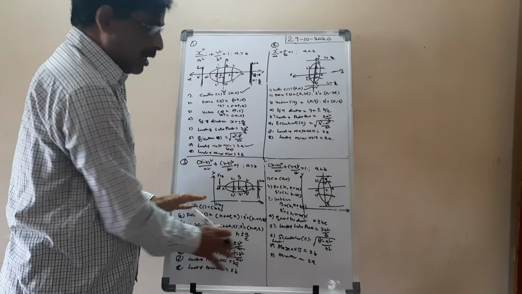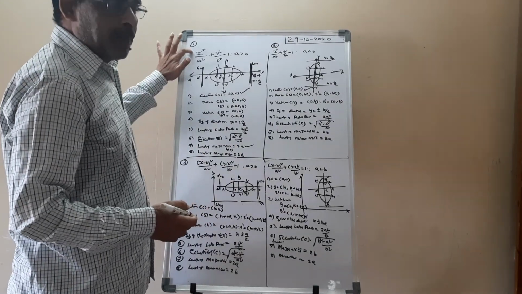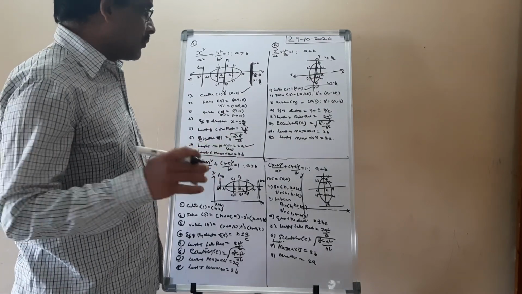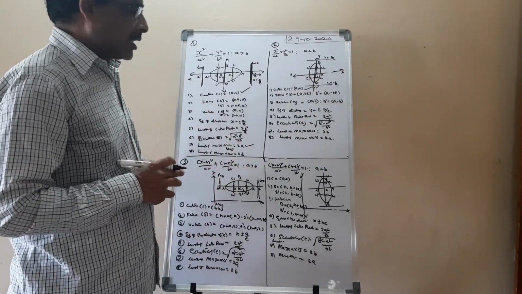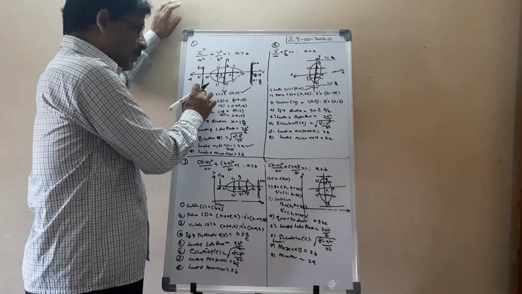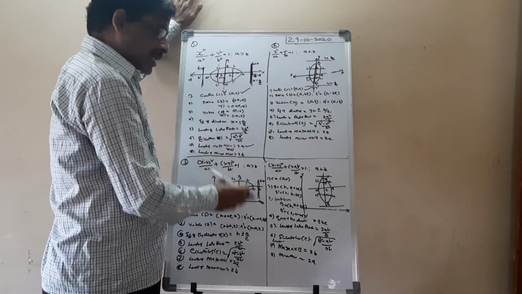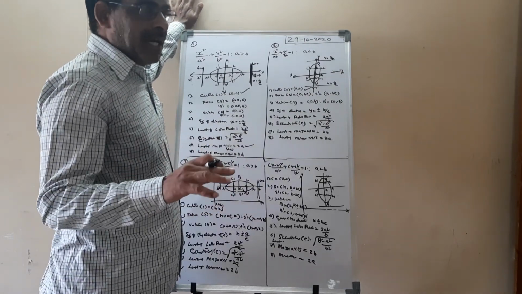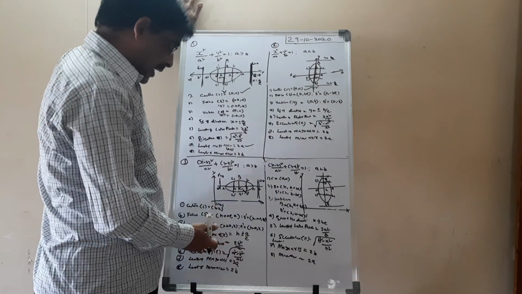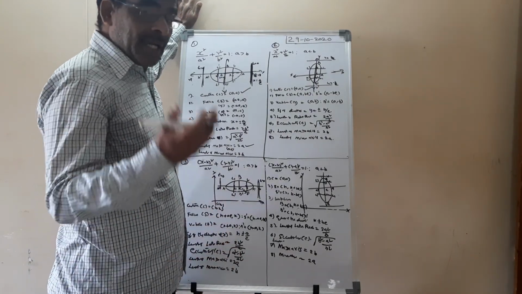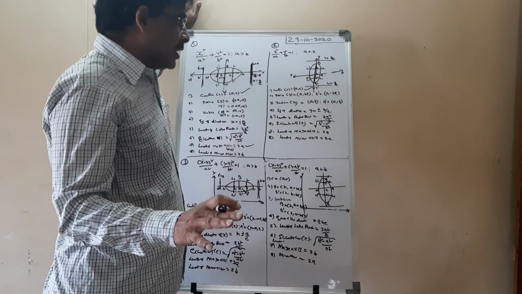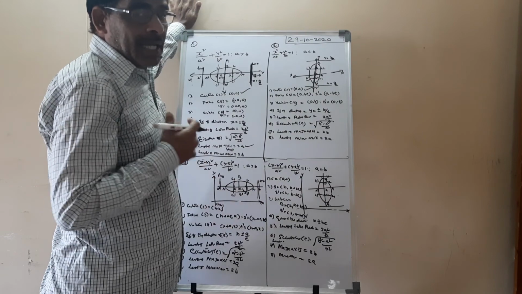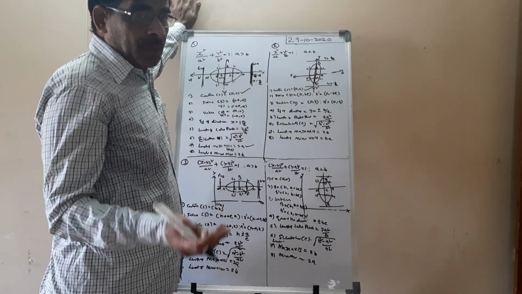These are all true for the ellipse x square by a square plus y square by b square, and you have to remember all of these. Of course, they are not difficult. If you remember these, you can easily write the center, focus, vertices, equation of the directrix, length of the latus rectum and eccentricity. Once you go through these four types of ellipses, you can solve further problems. Okay, thank you.